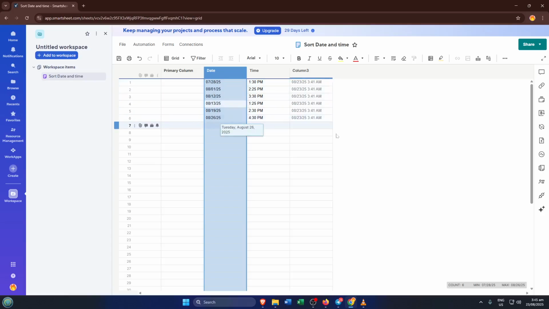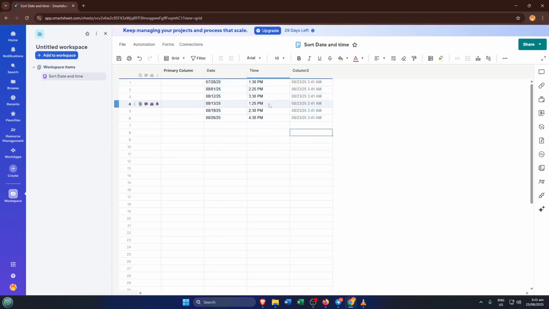Go ahead and choose the Sort Rows by Ascending option, and Smartsheet will automatically reorder your rows based on the dates. This shouldn't take more than a few seconds, but if you have a really large sheet, just be patient